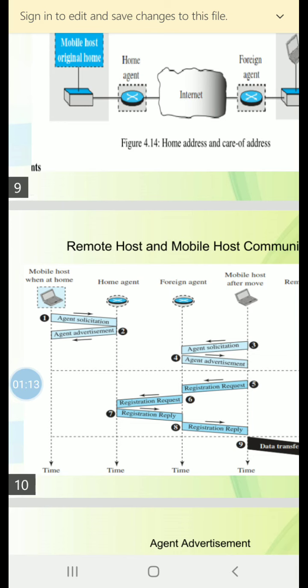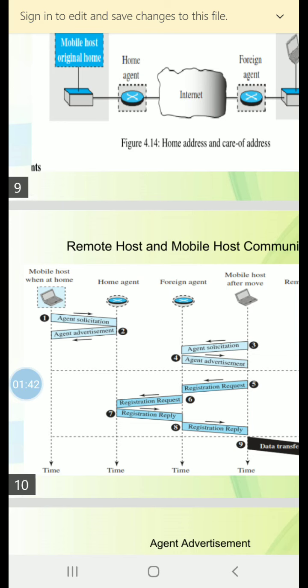Whenever a router advertises its presence on a network using an ICMP router advertisement, then it can append an agent advertisement to the packet if it acts as an agent.